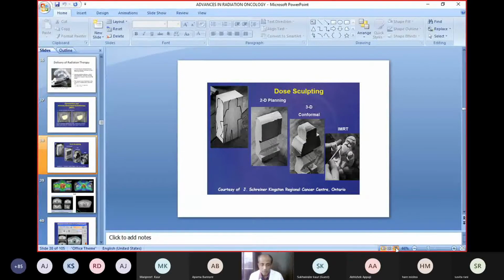So what radiation beams are we using in our treatment? Mostly we use X-rays and gamma rays. Gamma rays are generated from radioactive elements, and